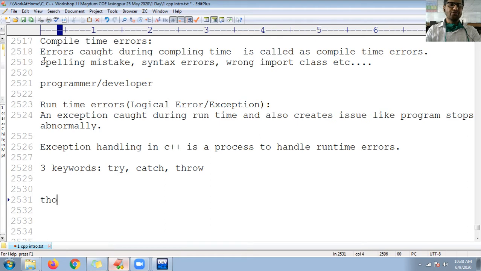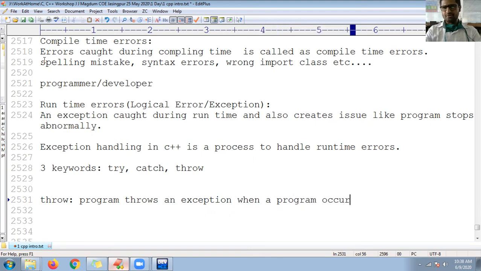So when to use the throw keyword? Your program throws an exception when a problem occurs, or when a problem shows up.